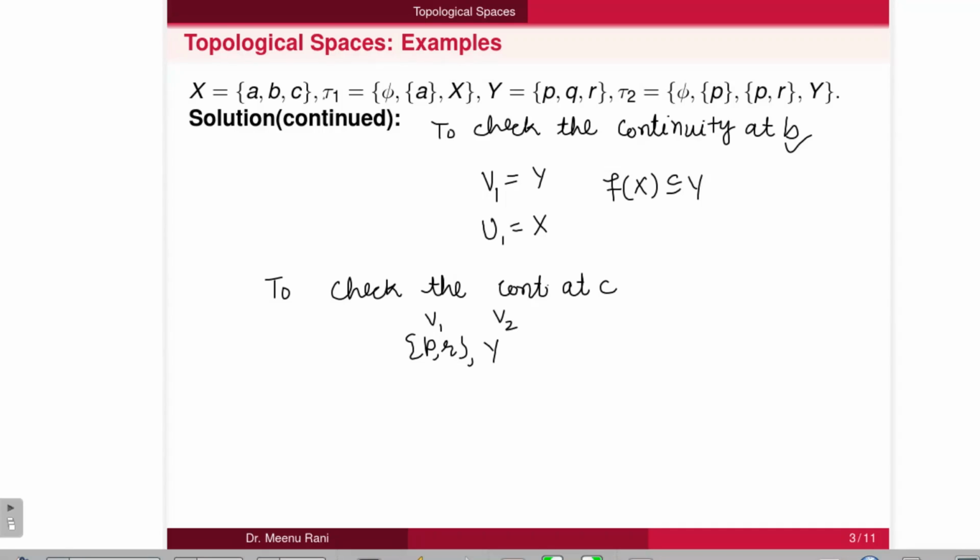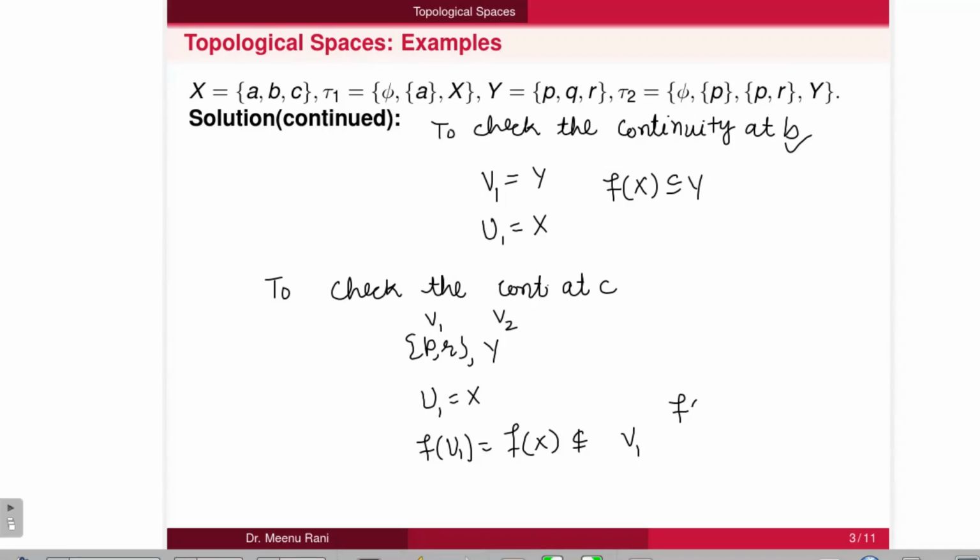Then there exists at least one open set U containing C, but it is only X. But if we take F of U1, which is F of X, it is not contained in V1, which is PR.